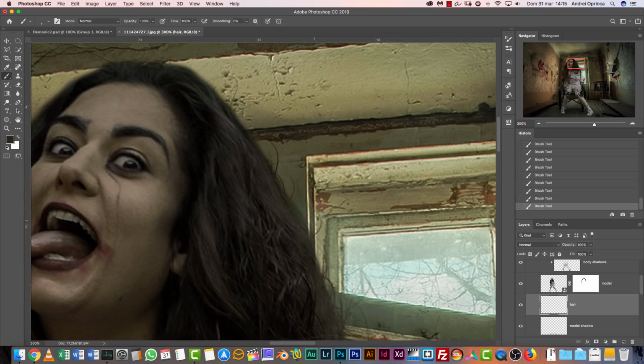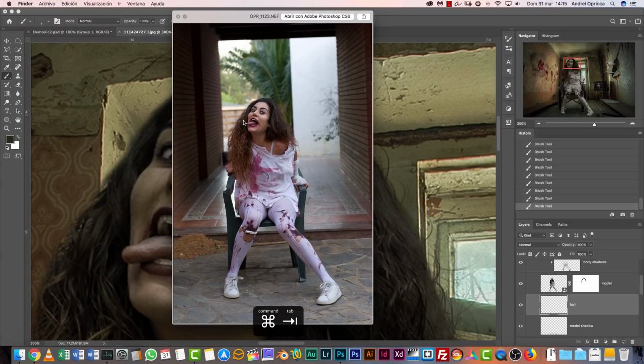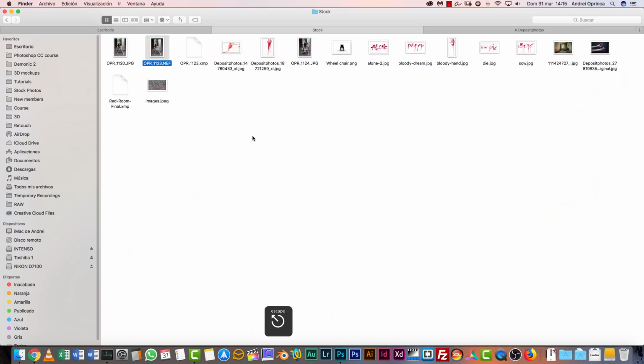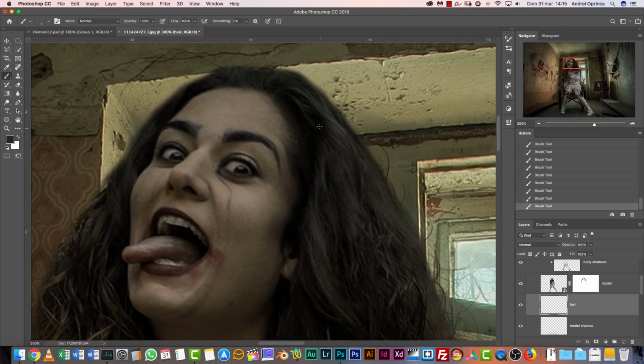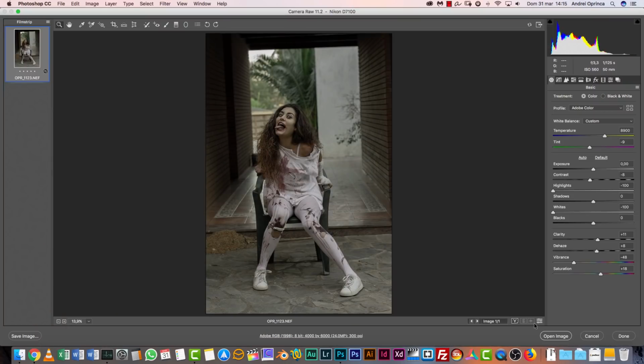At the beginning it sucks because you're gonna create everything the same, and it's a good way again to just take a look at the original image and use it as reference and see how the hair looks. Actually, a good exercise is to just open this. Let's open the image, and